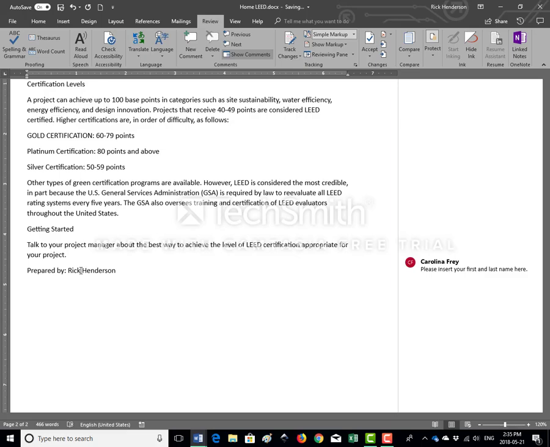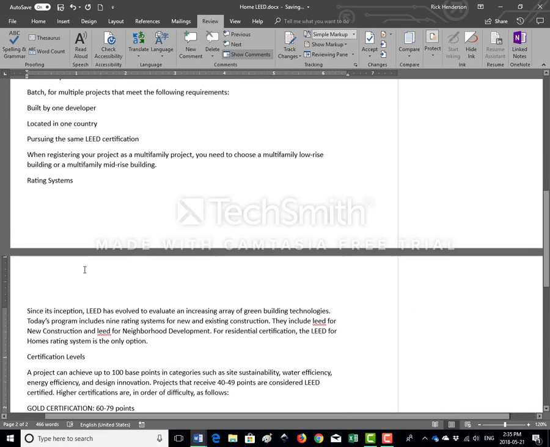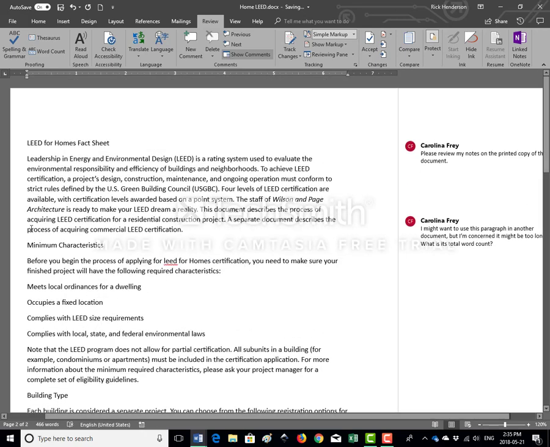And we want to read the comments. So the handout includes the title, Leads for Homes Fact Sheet. That's what it says up at the top. So review my notes on the printed copy of the document. So that's actually part of the textbook. But we want to